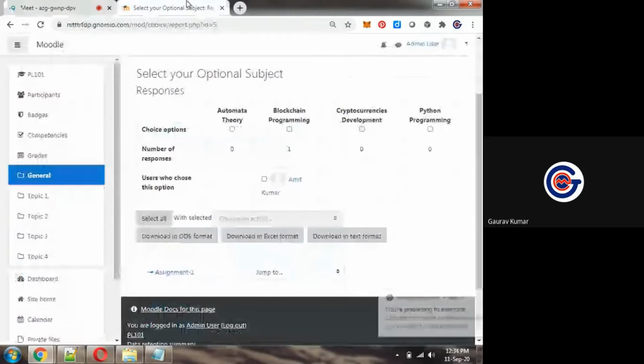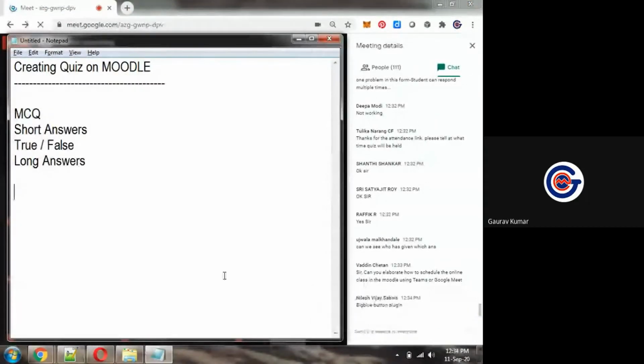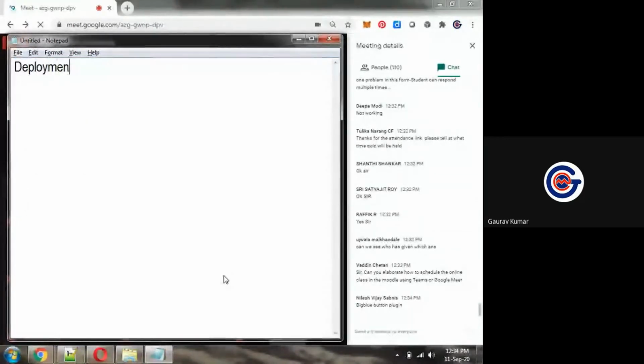Now we are taking deployment on a Moodle server. Now we will see how to work with deployment on a Moodle server.